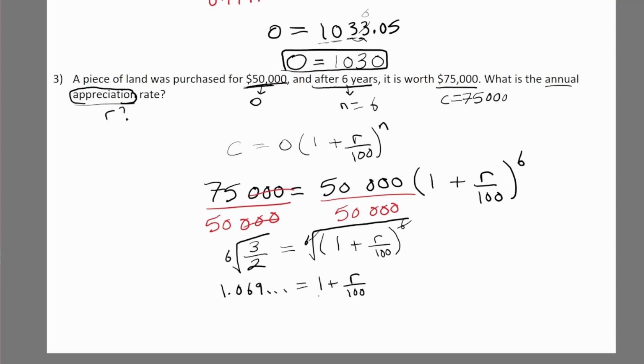So now we're going to subtract 1 from both sides. On my calculator, I will subtract 1 from the accurate answer, and we get 0.06991 and a bunch of more decimals is equal to r over 100. And now I will multiply by 100, and let's take it over here. So I will get that r is equal to, again, we multiply the accurate by 100, and we get